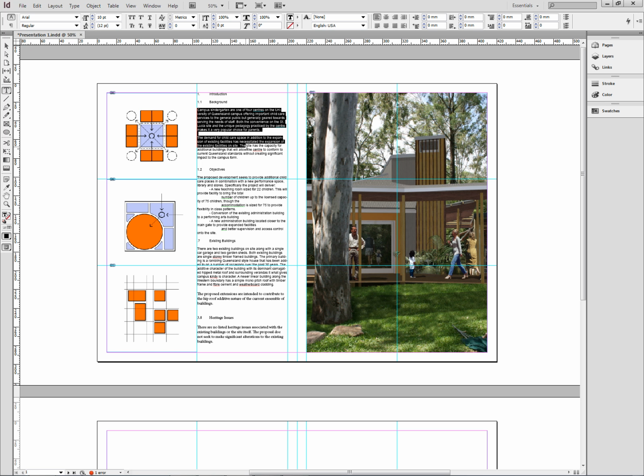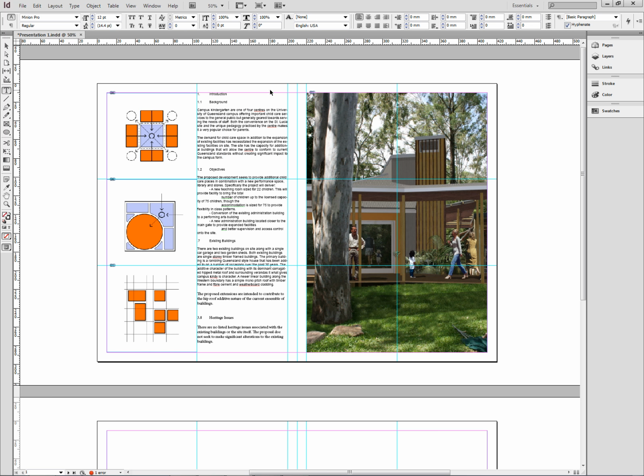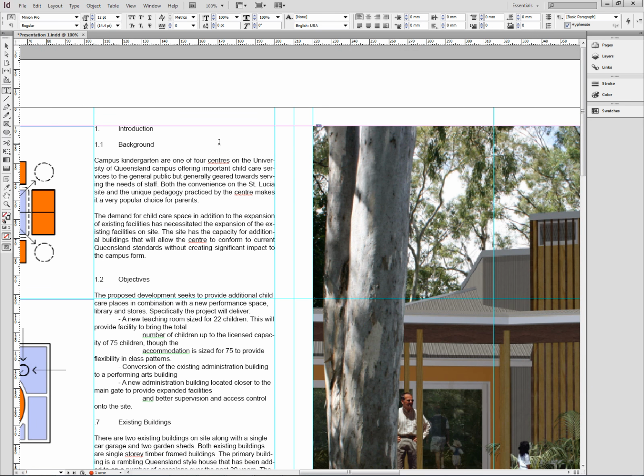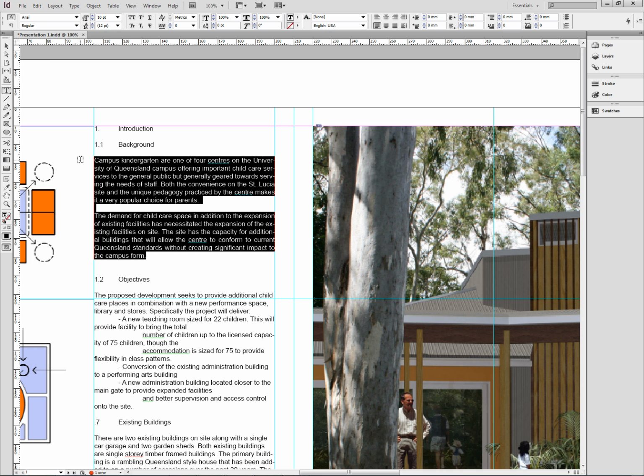If we wanted to justify the text through here, that's to get the text to sit snug against the edge there, we can hit this icon up the top here, this context icon, and then that will justify the text through there. Now if I zoom in, Control plus, you can see one thing that InDesign does is that it defaults to automatic hyphenation. Now that's typical for newspaper scripts and so on. It is a little bit annoying